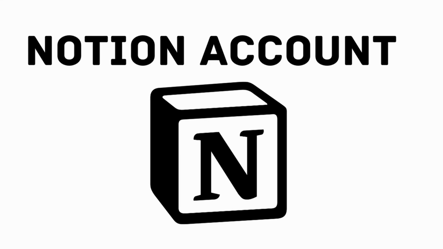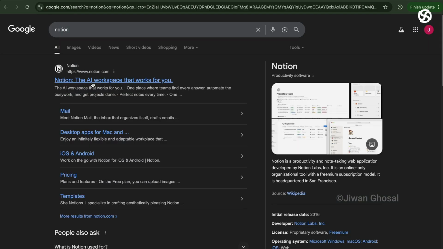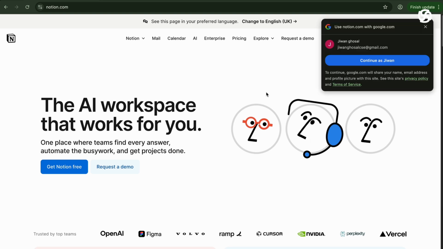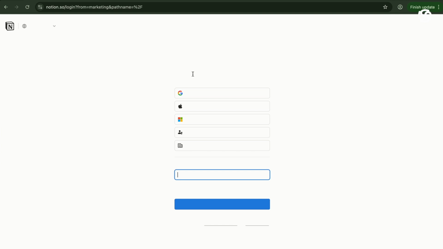Hey everyone, today we'll learn how to create a Notion account and create a page. Let's start by searching for Notion in your web browser and clicking on the first link that appears. Once you're on the Notion homepage, look for the Login button and click on it to begin the account creation